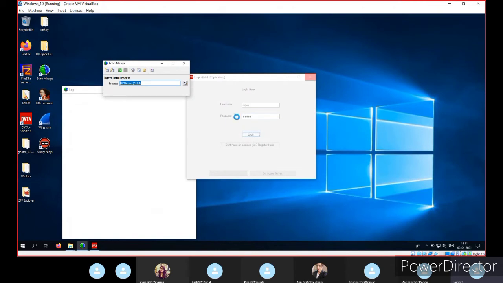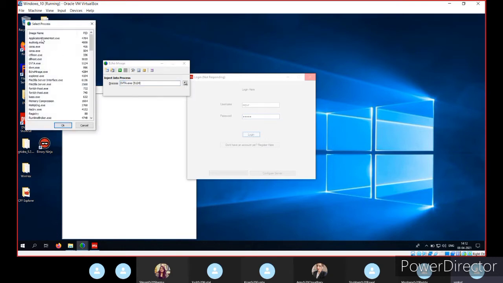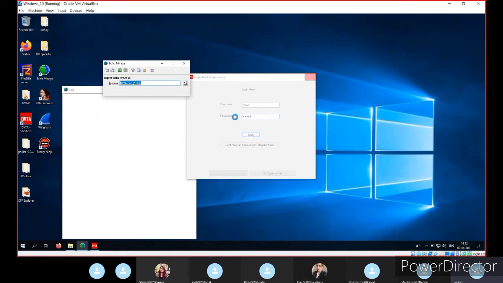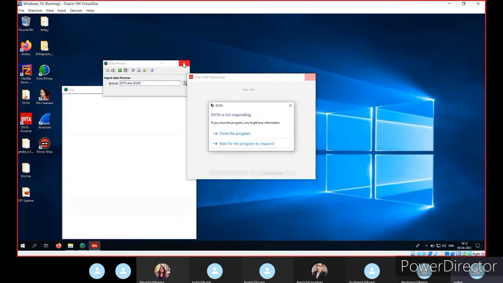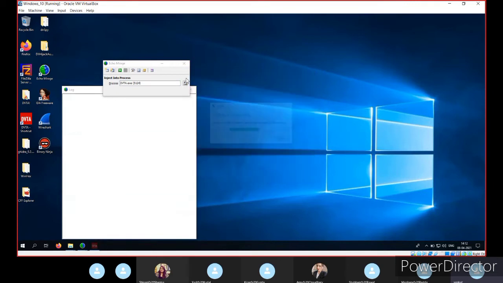No problem. Basically, the same way we have shown you, if this application DVTA is using encrypted communication, you can simply inject it by using Echo Mirage. You can directly inject it into DVTA, and once it is injected, the logs will show whether that communication is encrypted. Also, we can see the traffic. If you use Wireshark when the communication is encrypted, we cannot see anything. It will be something like gibberish. So in this case, this DVTA is not compatible. Let's move forward.